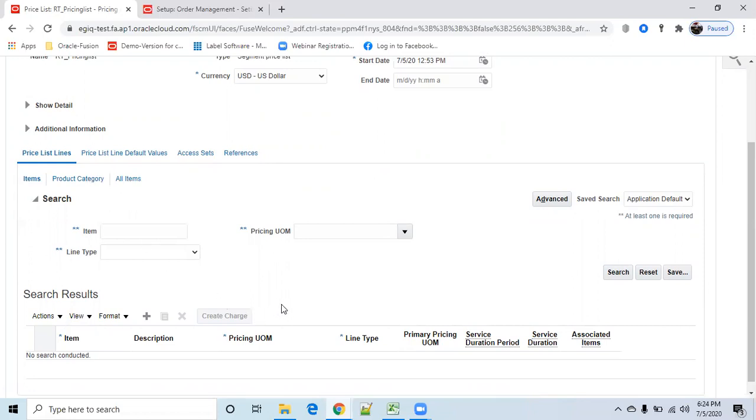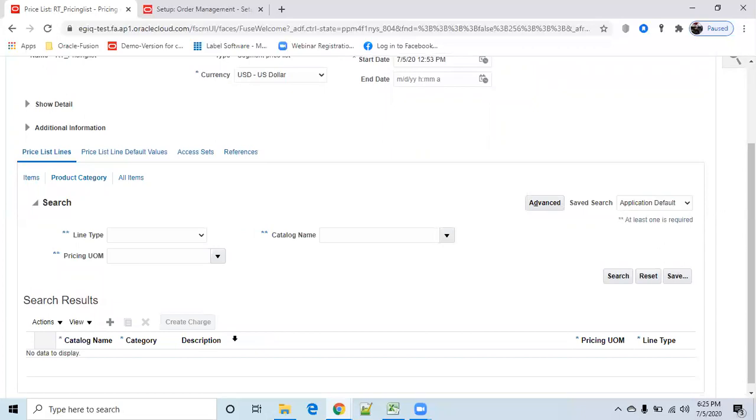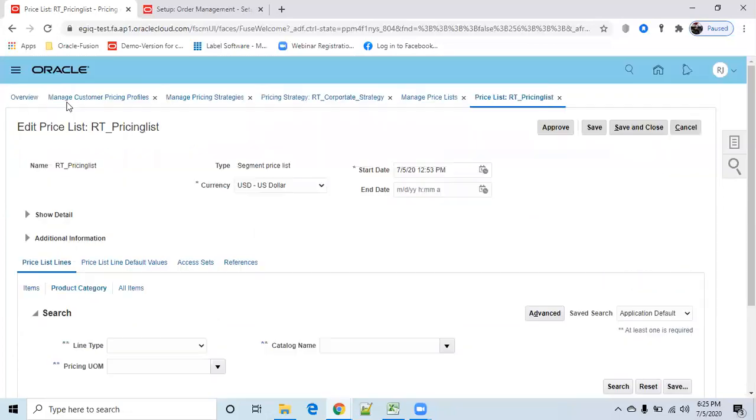For example, you have an electronic category, and under it some 1,000 items. When you define your product category as electronic category, all items that come under this category will have this price list applicable.